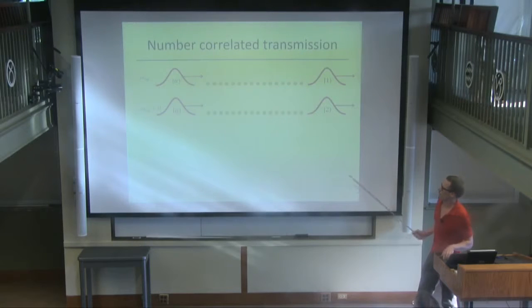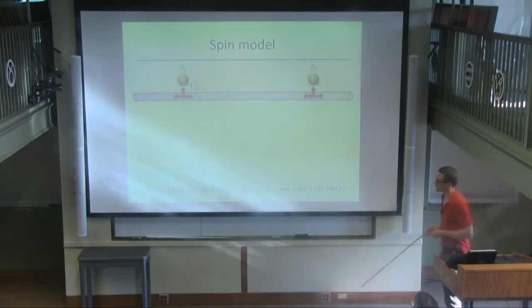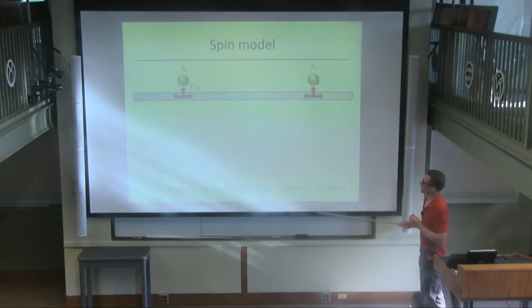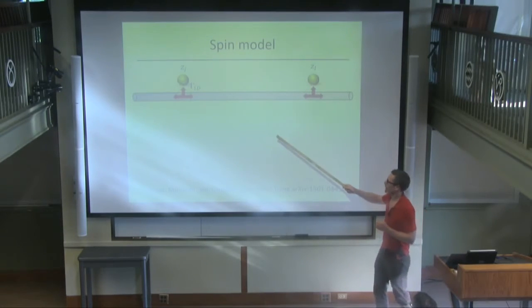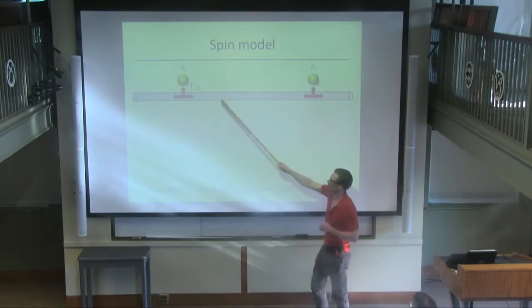So the question is, does this really work? And to study that, we use this spin model, which Derek has developed and has been worked on in our group a lot. The basis of this is that if you have atoms coupled to a one-dimensional waveguide, then each atom couples with this gamma 1D, which Jeff was talking about this morning, this coupling into here. And then if I excite one atom,